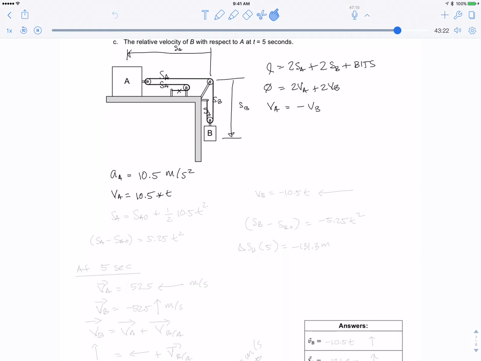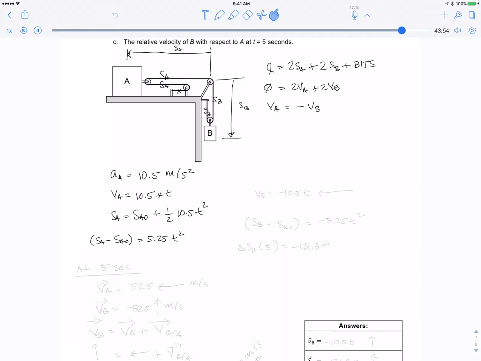And it makes the position at A equal to the initial distance from the pulley, which is not given, SA0, plus the initial velocity times time, which is 0, and then 1/2 10.5 t squared. Okay, and they want to know how much things move from where they are now, and so we want the delta SA,